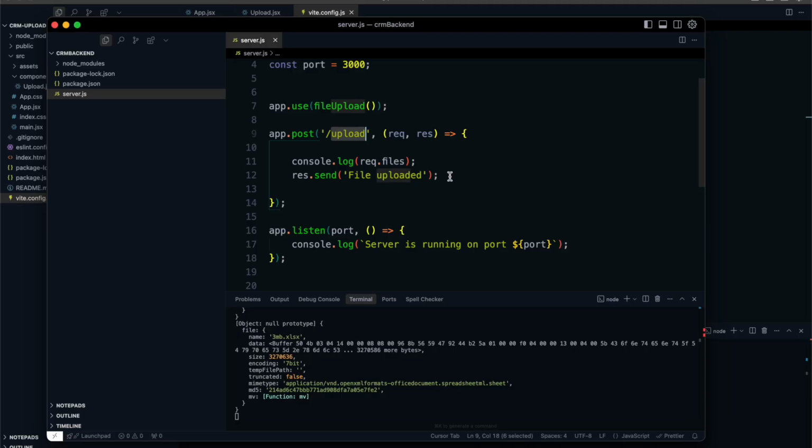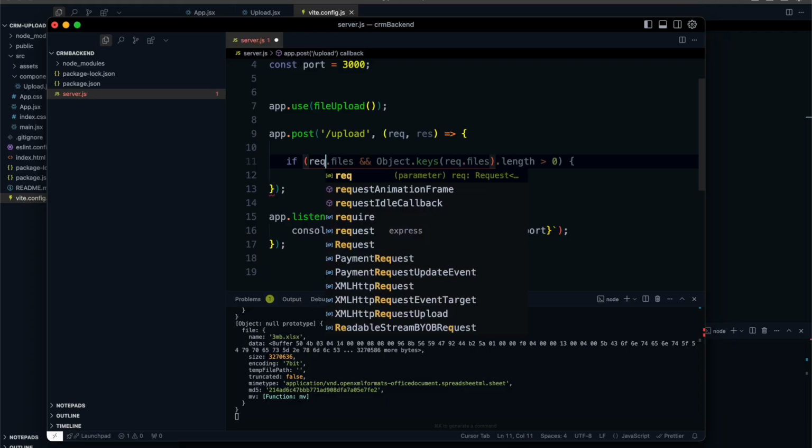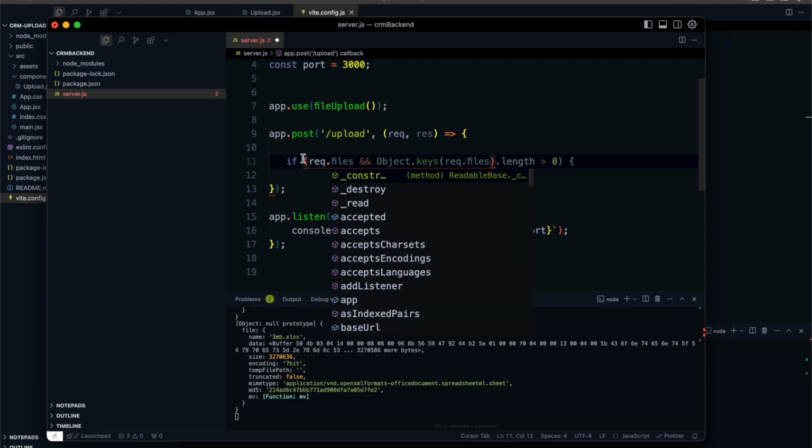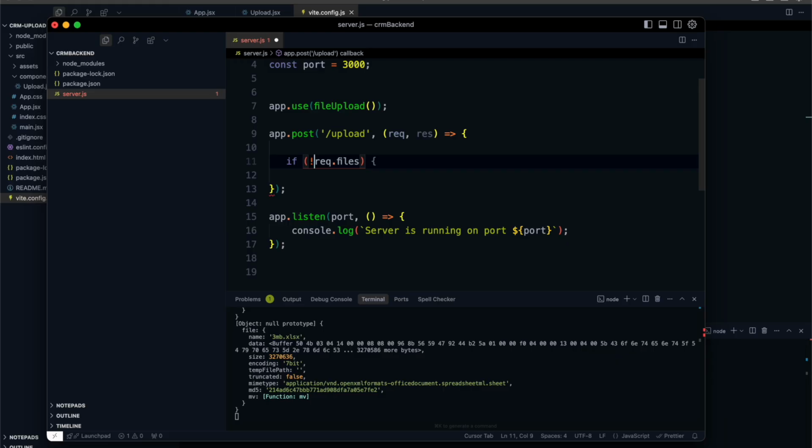Now I need to do a couple of things. First of all, I need to process this file in our backend. To do that, let's just add some validation here first. So I'll just say if request.files doesn't exist, or